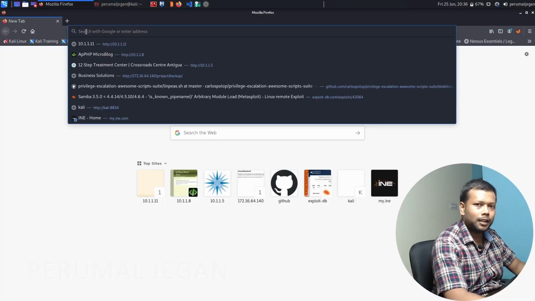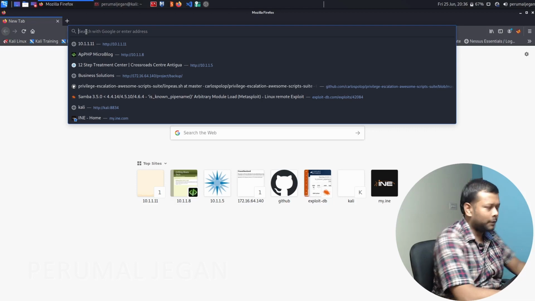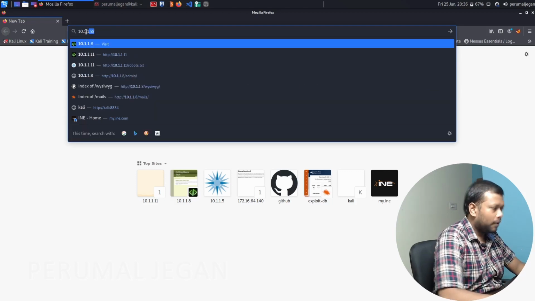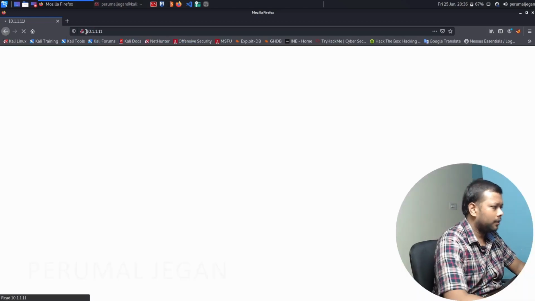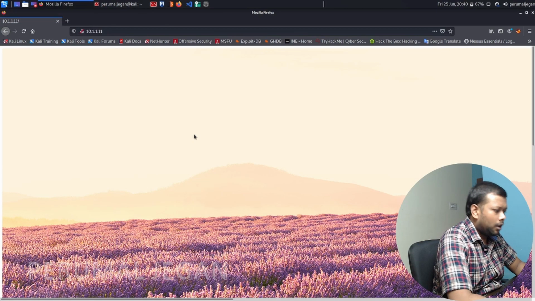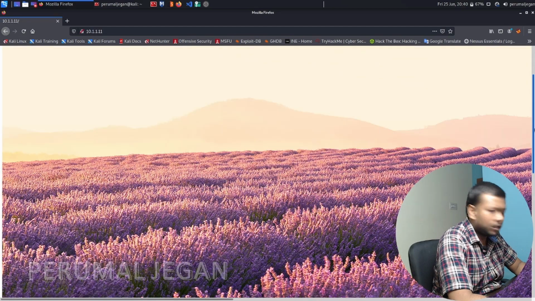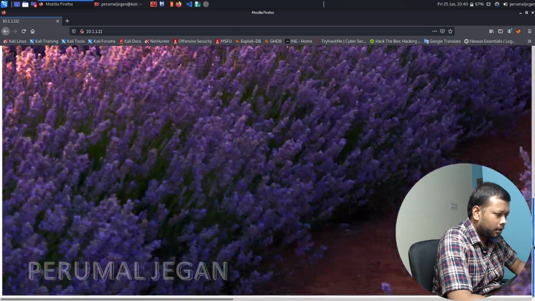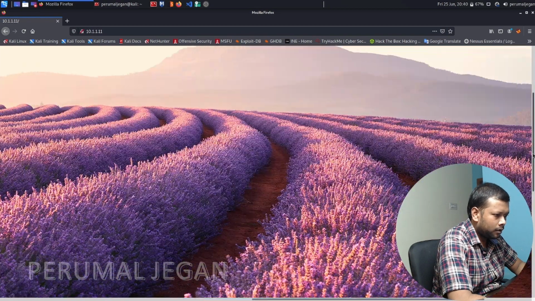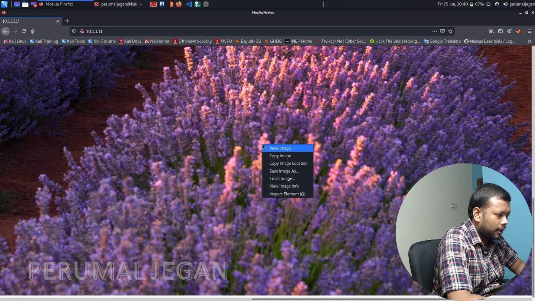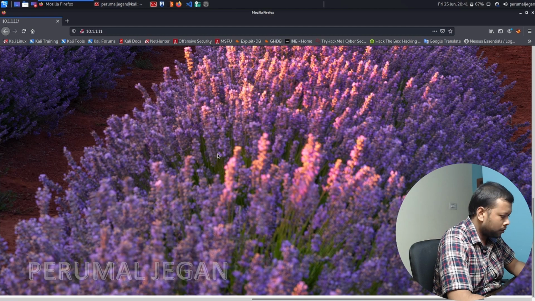First of all, let's check what is present in that website. 10.1.1.11. Apart from an image, I don't see anything here. It's just an image. Let's see the page source.